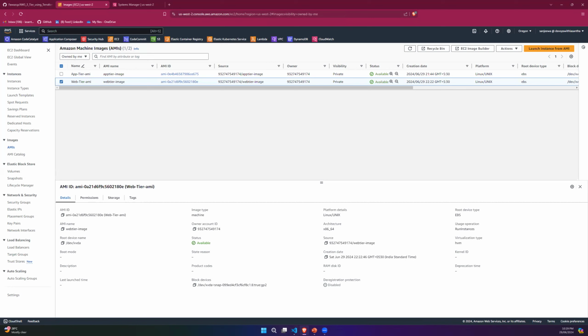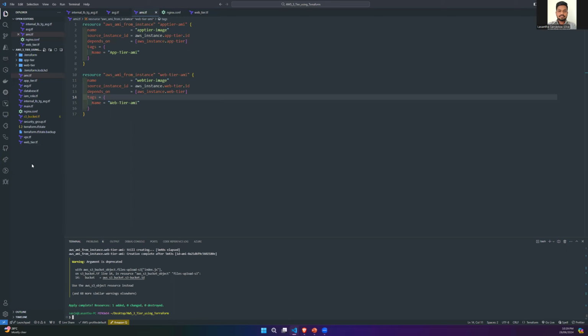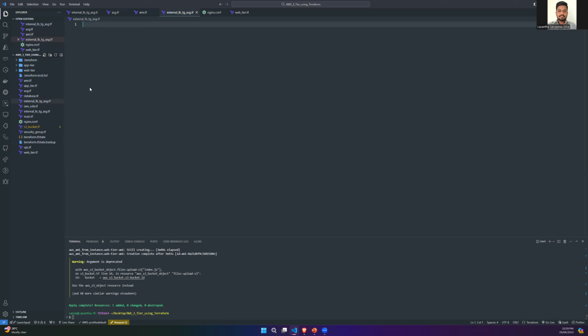And next step is we need to create the load balancer and auto scaling group, the external load balancer for web tier. I am going to create one file called external LB and ASG. I will go into my root directory and create one file named external-lb-asg. For this, I will go into